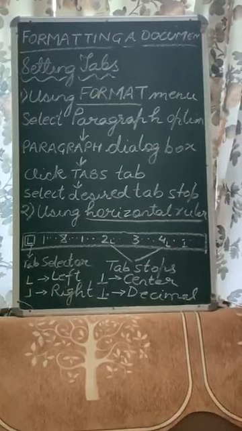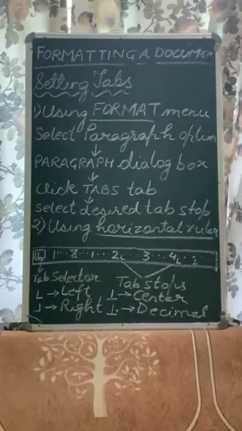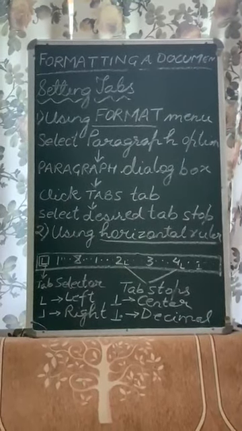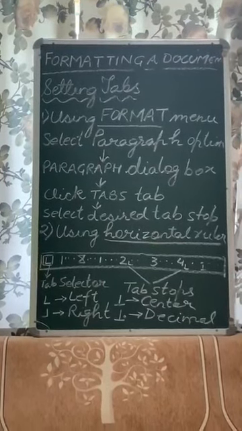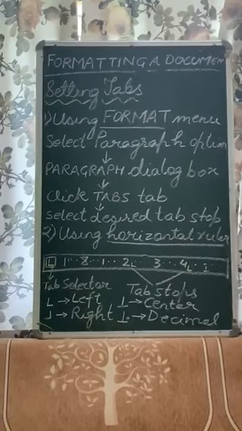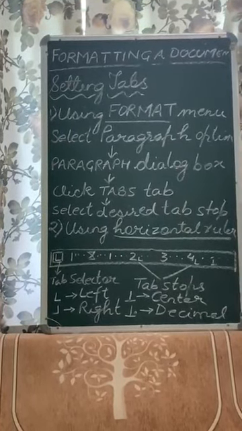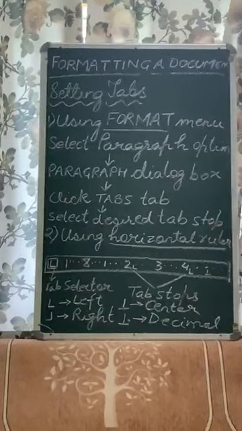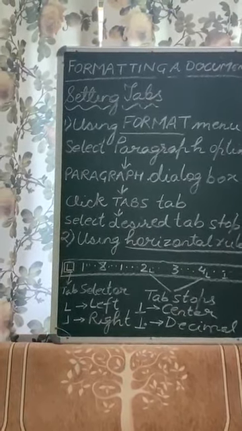Now, as I have shown in the diagram also, there is a tab selector button there. You can click it. This button is already present even if the ruler is not visible. So if you want your horizontal ruler to be visible, you can click on this tab selector button. Repeatedly click on this tab selector at the left of the horizontal ruler to get the desired type of tab that you want. And then you can see these signs, tab stops: left is like your L, right is the L towards the other side, then center, and the decimal tab.